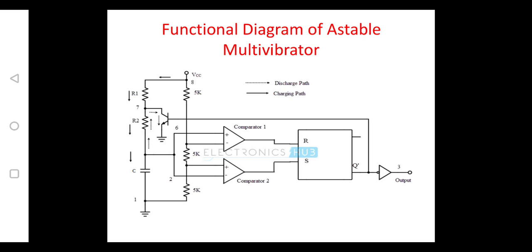So here the capacitance is charging through R1 and R2, but the capacitance is going to be discharged only through R2. So the time taken for charging of the capacitor is R1 plus R2 into C. Similarly, for the discharging, it is R2 into C. This is how the output voltage is automatically changing from one value to the other value without applying any external voltage or a trigger pulse.